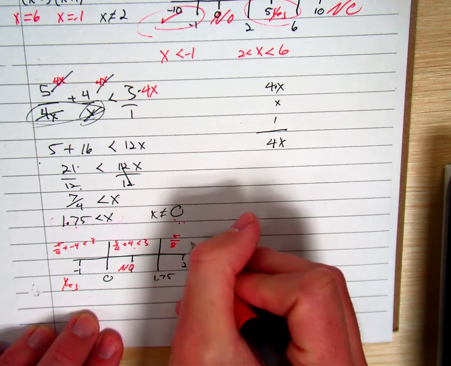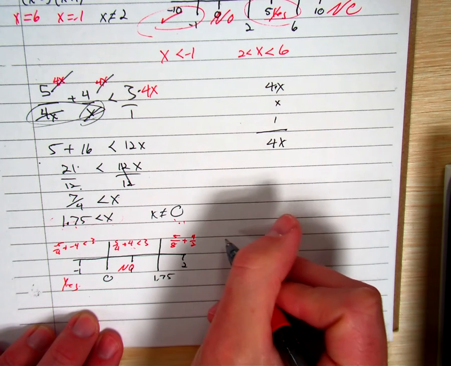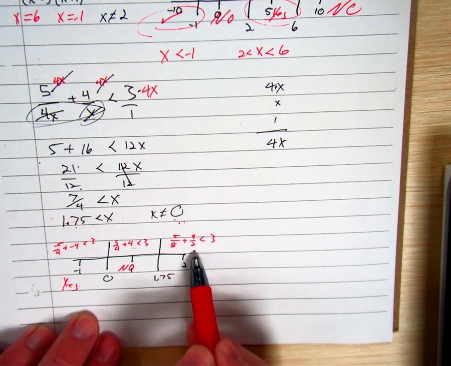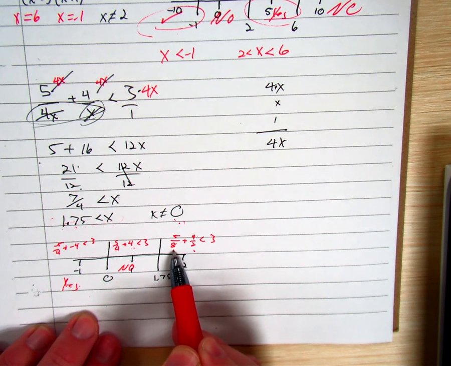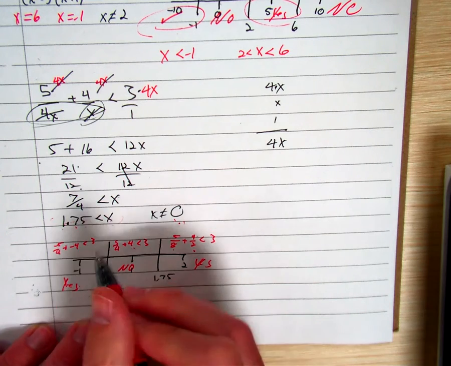4 times 2 is 8. Plus 4 over 2, is that less than 3? So 4 over 2 is 2. 5/8 is not 1. It's smaller than 1, so it's going to be less than 3. Yes. So here we are